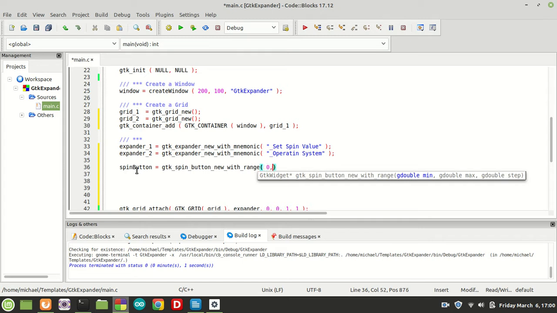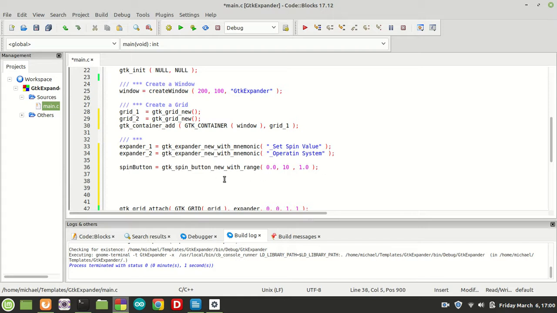So I'm going to say 0, 10 and of course a step of 1. All of them need doubles, so I'm going to write them as doubles even if the implicit conversion should take place. Now that we have the spin button,